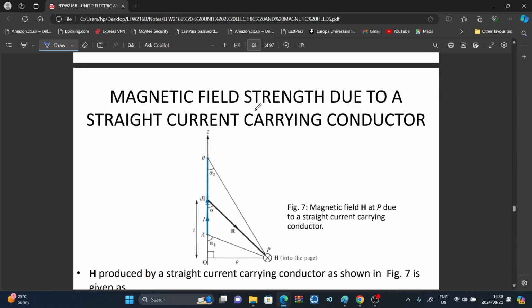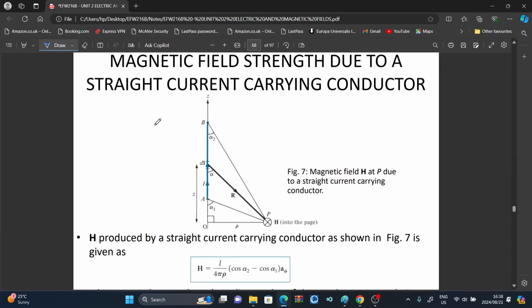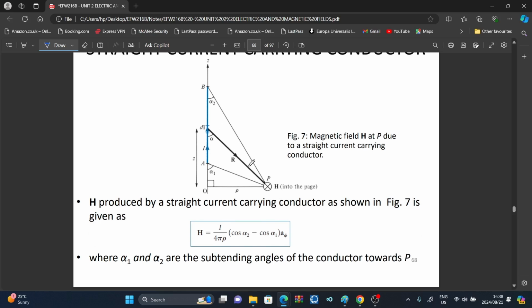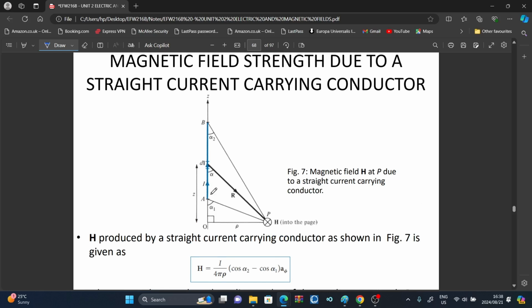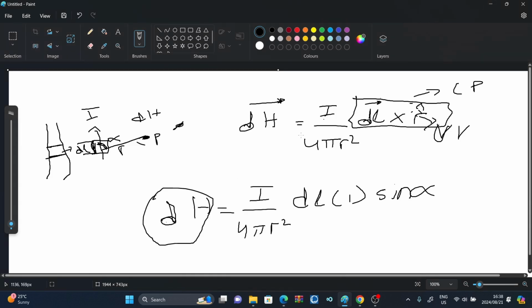Then we have the magnetic field strength due to a straight current carrying conductor. So now we have the magnetic field strength through a straight conductor, so it's perpendicular to our point. How do we calculate that, or what do they mean by that? So let's say